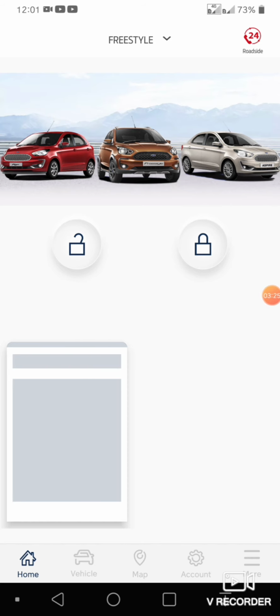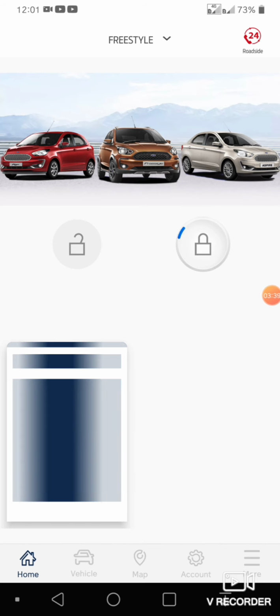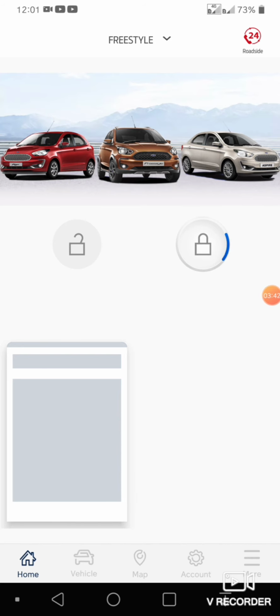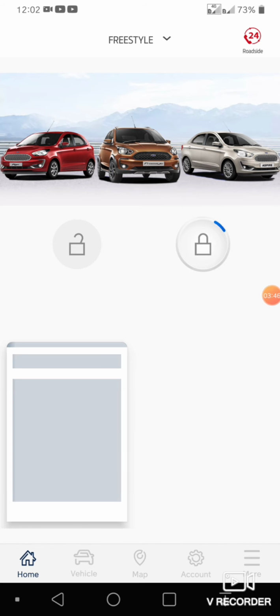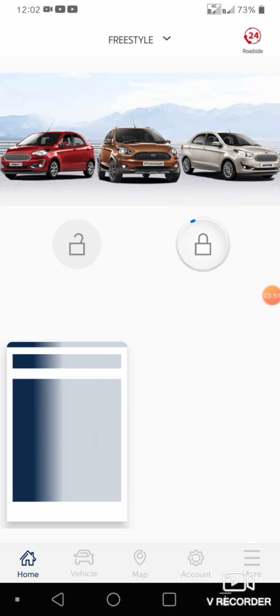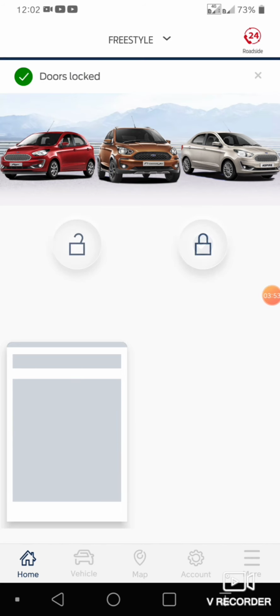The door has unlocked. I need to check my vehicle to see whether it has really unlocked or not. I will do it in a minute. Let me try to close it. I had been trying this yesterday and even this morning, but it didn't work. But now it seems like it has unlocked the vehicle. Let me try to lock it again. Yeah, it has locked, and I'm able to hear the locking sound of my vehicle.